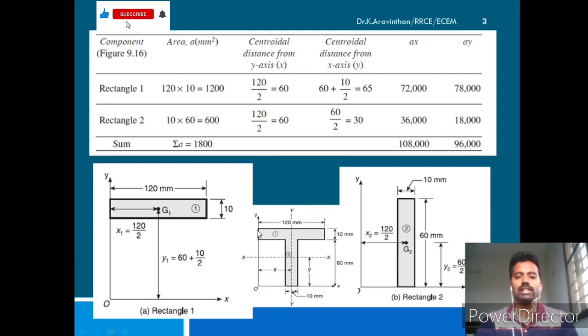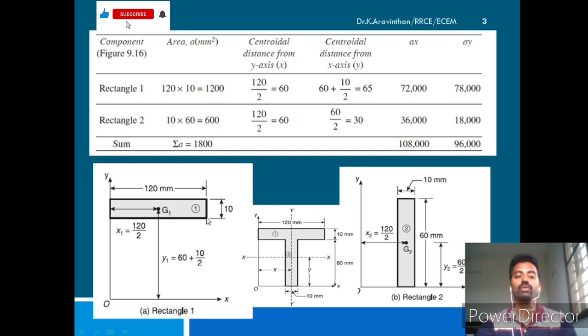So right now we are discussing the flange part, the rectangle. From the origin, the flange section is given here. Its length is 120 mm and 10 mm, length into width, 120 into 10. Now the second rectangle is here, indicated as number 2, and it is the web section. In the web part of a rectangle, you are having a dimension of 60 mm by 10 mm. So this rectangle is purely 60 mm height and 10 mm in width.